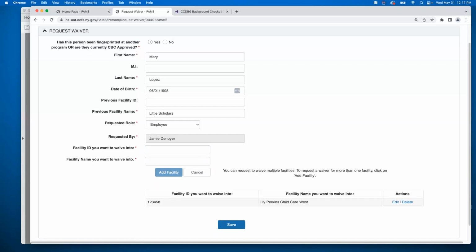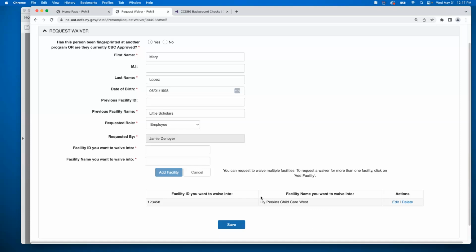So a couple of questions I'm seeing coming in about CBC approval. So Aaron asks, what if the employee worked previously for your program within 180 days and they were taken off the license? So if the employee is CBC approved and it's within the 5-year clearance period and there has not been a break in childcare employment for over 180 days, then you can request a waiver. So it's 5 years, just to be clear, without a break in childcare employment for more than 180 calendar days.